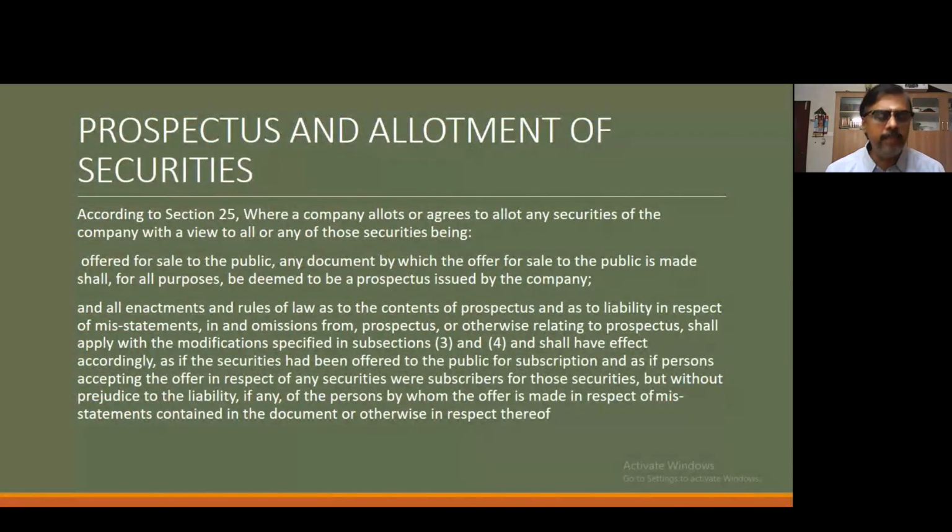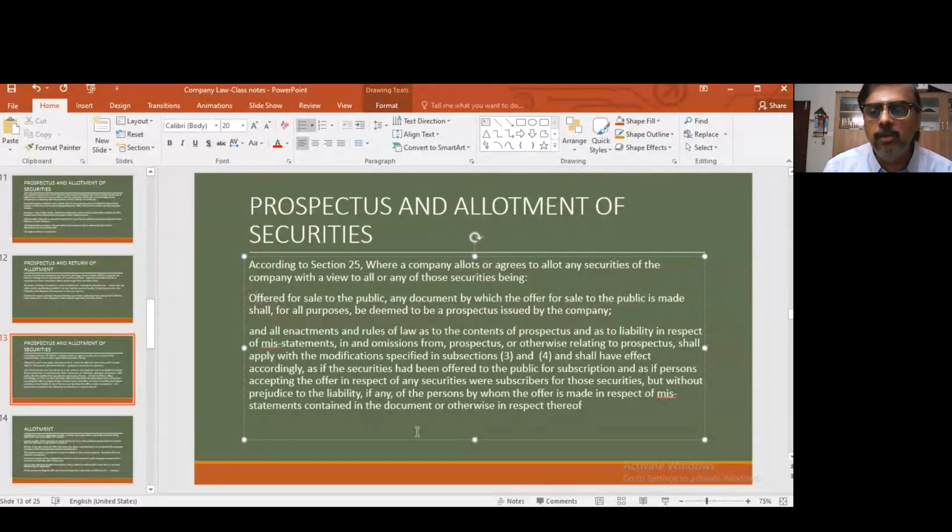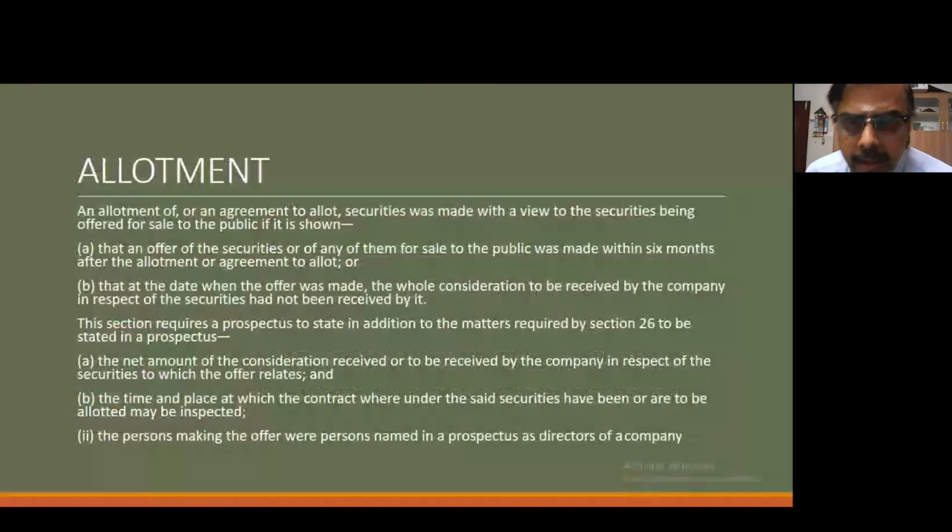Now, normally when we talk of an offer, there is something called offer for sale and there is something called offered for sale to the public. That is a general offer. When shares are going to be offered to the public, it's like an IPO, for example. An IPO is also an offer for sale, right? So according to section 25, whenever a company is going to offer for sale to the public, any document, whatever they are going to,